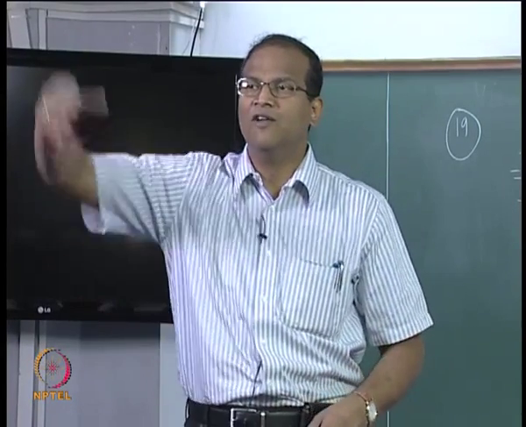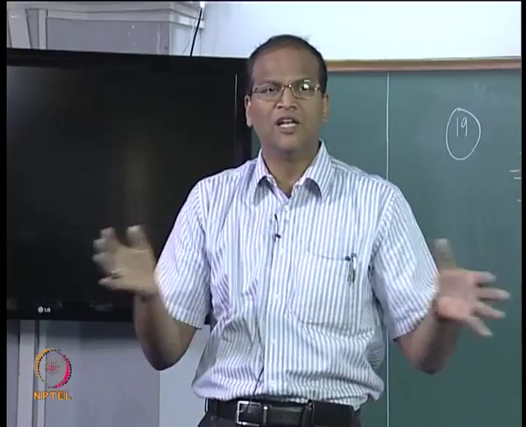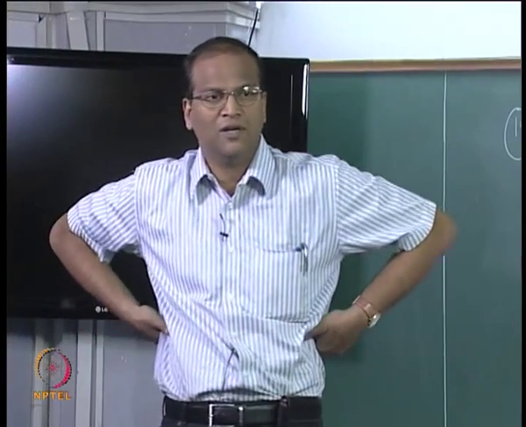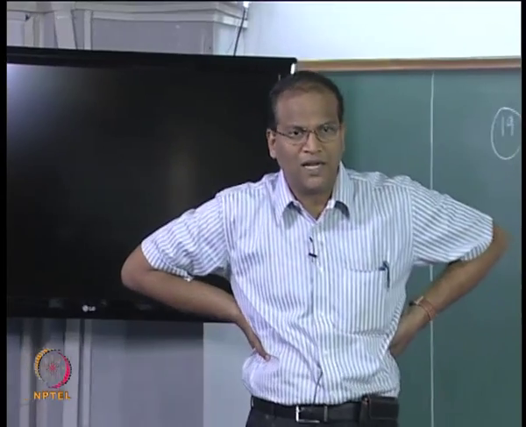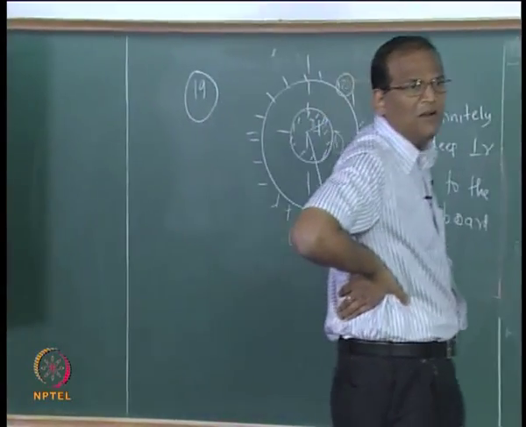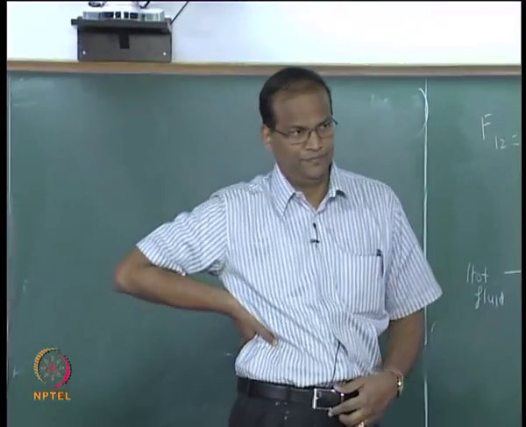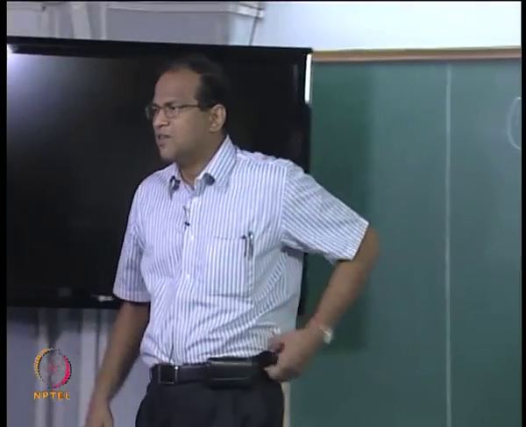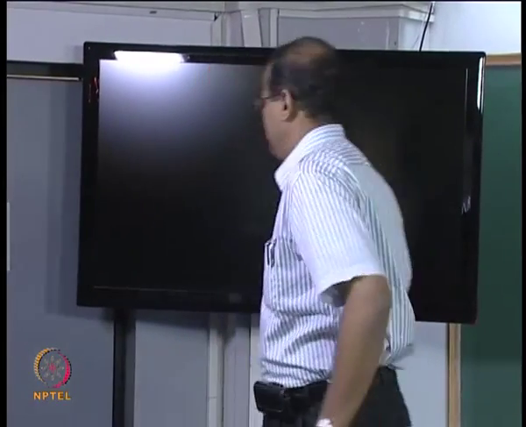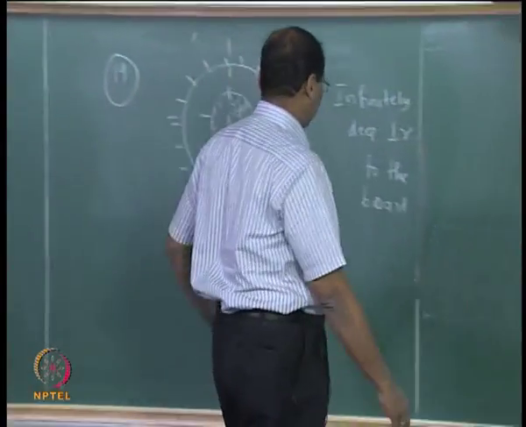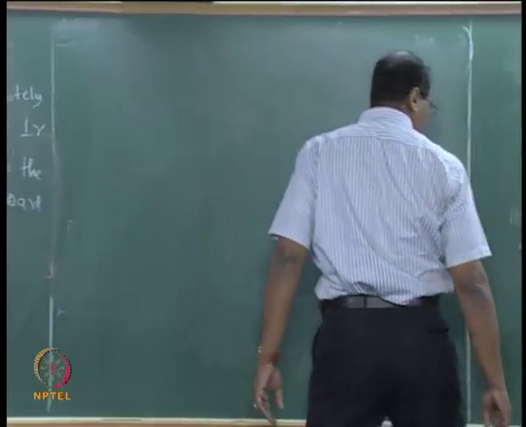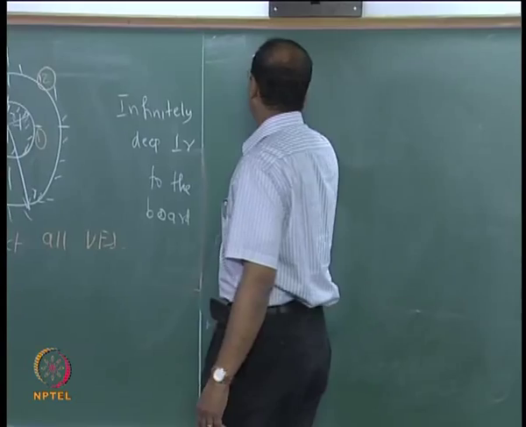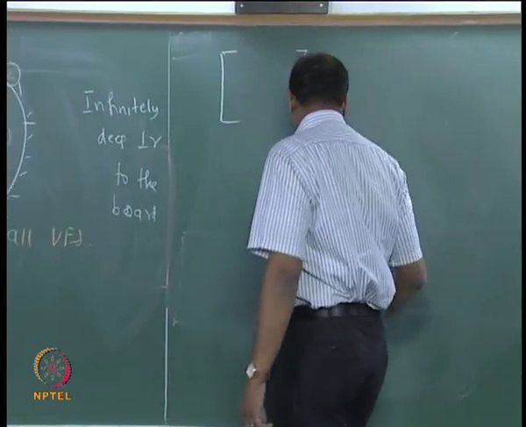Then I will give a time of 2 hours or 3 hours. Initially, if you have 100 kg of liquid nitrogen, how many kg of liquid nitrogen will be left at the end of the exercise? These are practical problems. Are you getting the point? So, the starting point for the analysis is the view factor. R1 plus R2, no. Very good. Get all VFs. How many view factors are there? VF matrix.